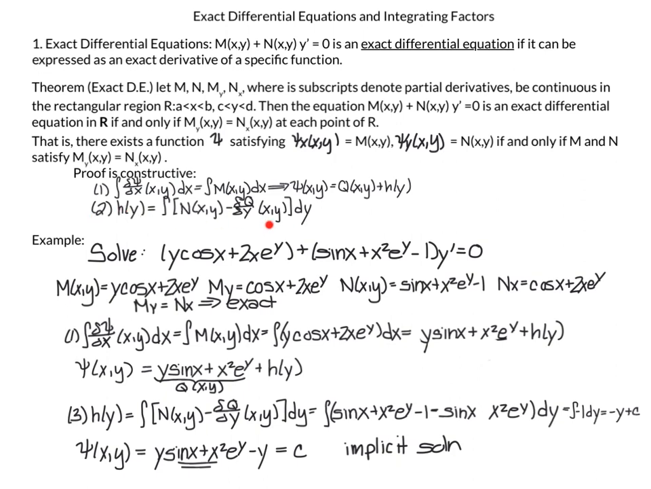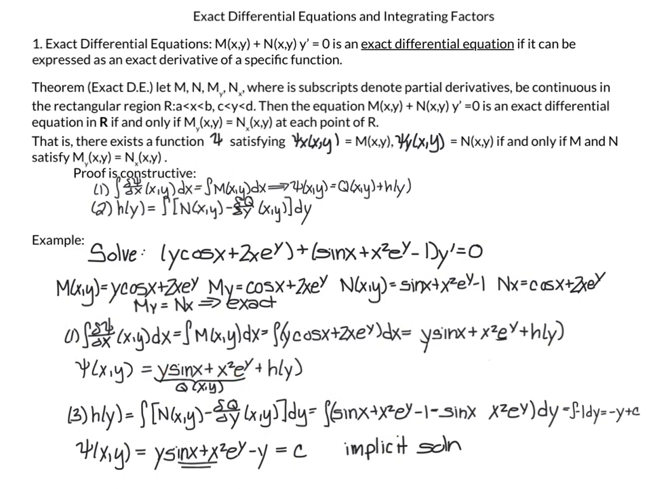So I've done this first part of the equation. Now I can solve for h of y. I'm not sure why I put number 3. This should be number 2. h of y is equal to the integral of N of xy minus dq/dy, and we integrate with respect to y. So I'm going to first plug in my N of xy, which is written over here, sine of x plus x squared e to the y minus 1, and I'm going to subtract the derivative of q with respect